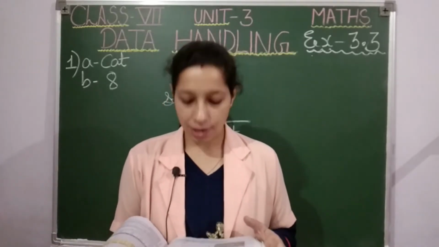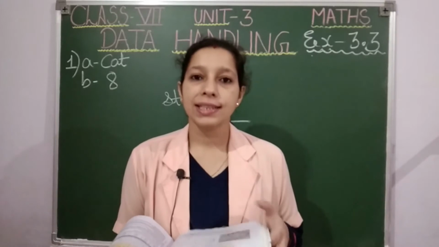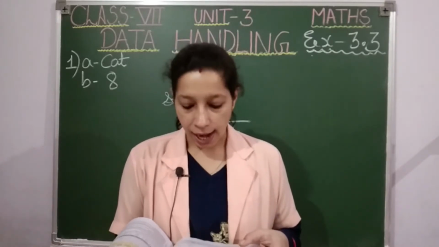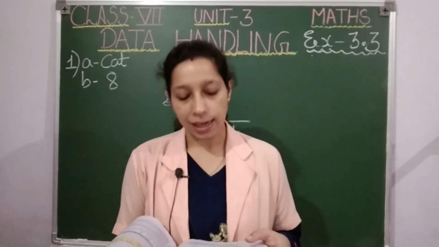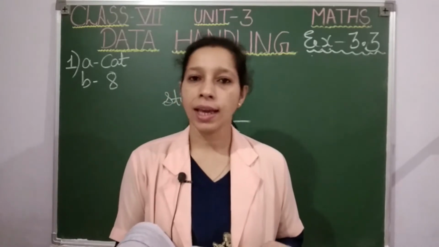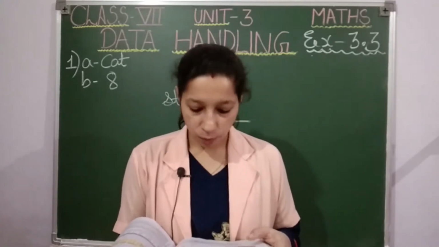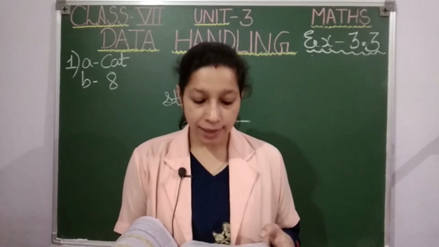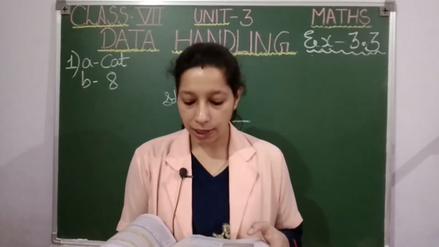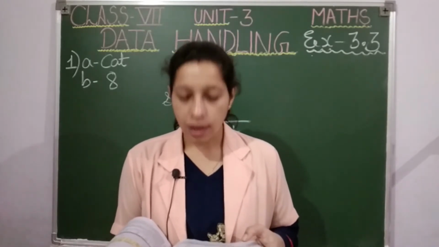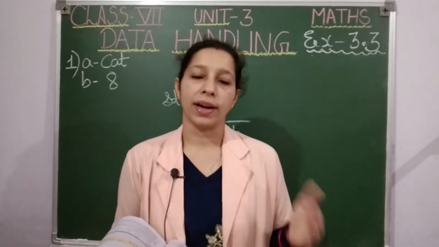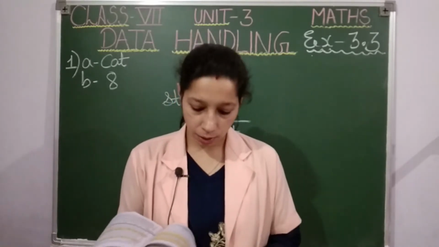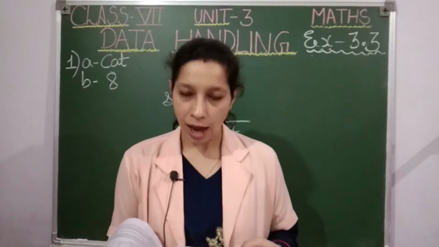There again 2 axes are given. The x-axis is showing years. Okay, 1989, 1990, 1991, 1992 and 1993. Okay, then the number of books is also given, and the scale is given, students. 1 centimeter is showing 100 books. Fine, so that means there is a scale of 100, a gap of 100 between each number of books. Okay, now we can see